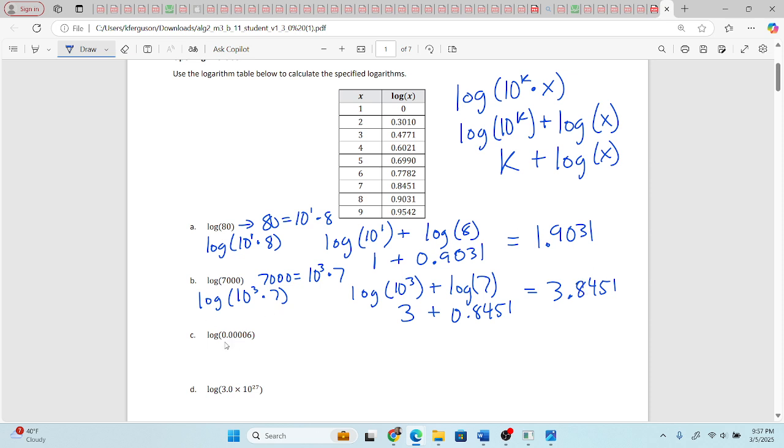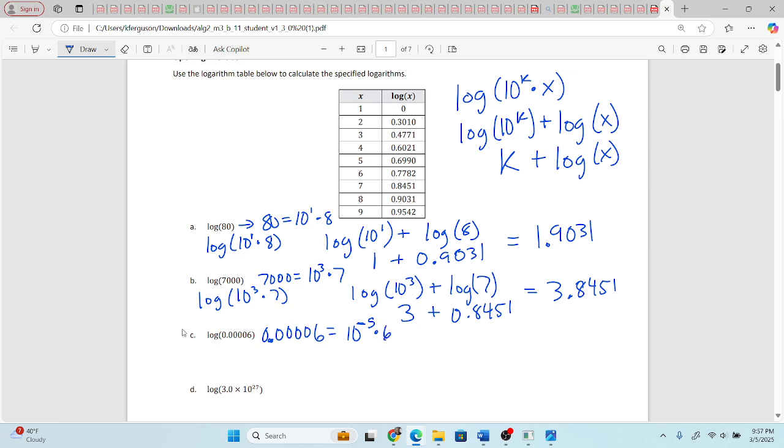So we got another one. We got log of 0.00006. Well, 0.00006, that's 4 zeros, right? Yep. 6 equals 10 to the negative. Because it's smaller than 1, I know it's a negative exponent. So how many moves did we make? 1, 2, 3, 4, 5. That's 5 moves. So 10 to the negative 5, right,